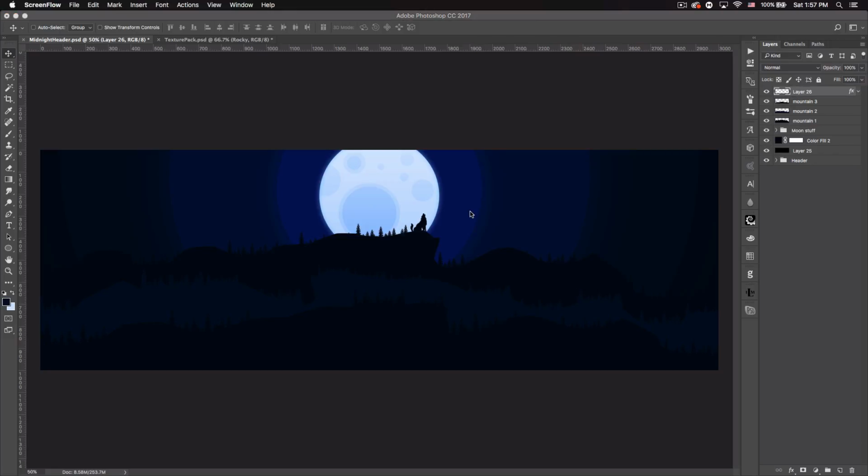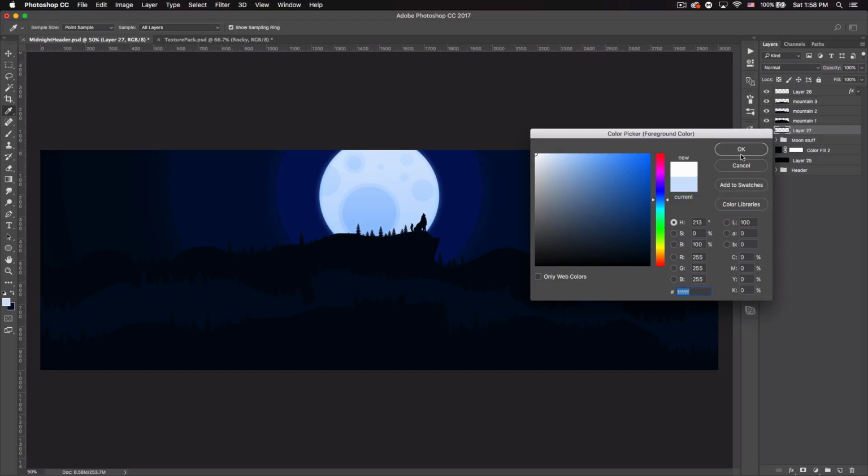Alright, so for the sky we want to add some stars and some other little details there. So you just want to go to the moon stuff group, create a new layer above that, and depending on what colors you use and stuff, you might want to do all this below the moon stuff folder, so you have the moon light kind of brightening everything up. But I'm just going to do it on top because I think that's what I did originally and what looked better. But anyway, you want to create that new layer